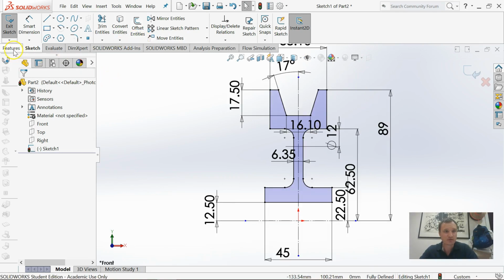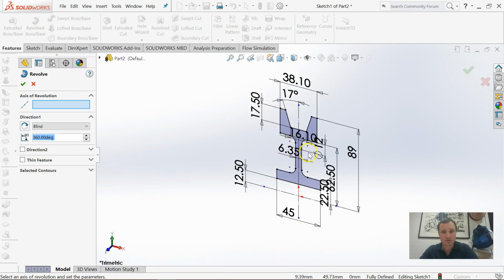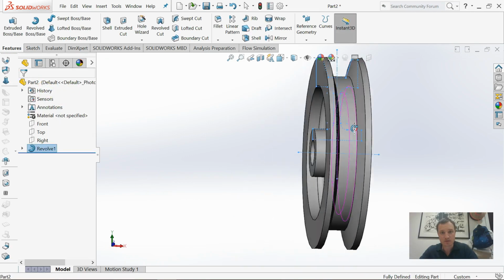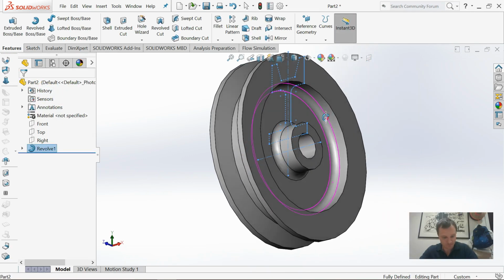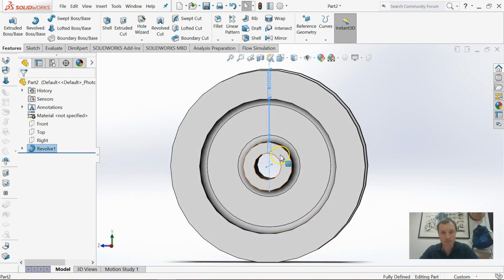What we're going to do now is come up to Features, go Revolve. We're going to do here, our axis of revolution is this baseline we put down here, and then we click OK. And there we've got our pulley. To put our keyway in it,